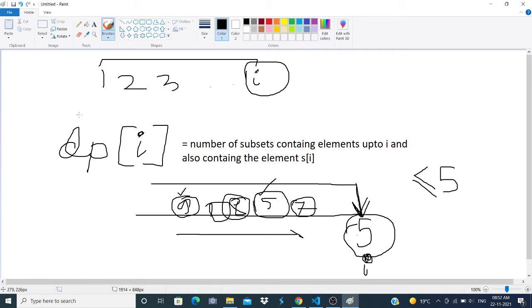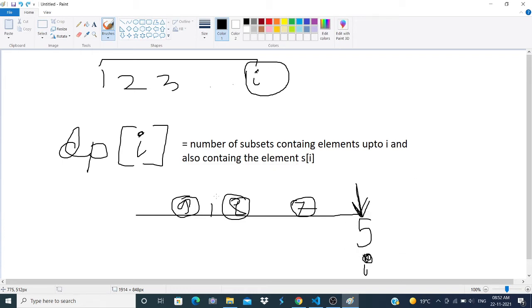So if you are calculating dp of I, then as the definition says, also containing the element S of I, once you know you are including S of I, it means you are also including all the elements to the left of I with sizes greater than or equal to it. Like over here, let's say this was 9, this is 5, then 2, then 4, then 3.